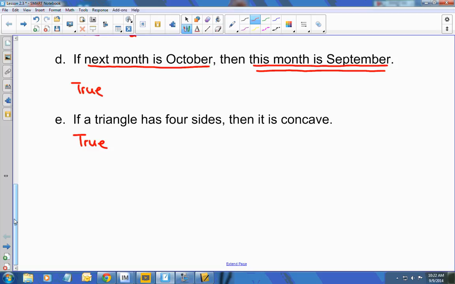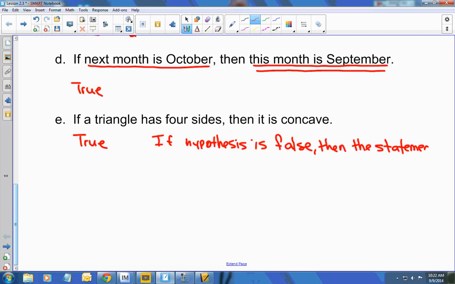Okay? So, if hypothesis is false, then statement is true. So, if I said, if I'm a millionaire, then I can donate all my money to the school. Is that true? True, right? Am I a millionaire? No, but if I was, I could donate all my money to the school, right? Okay, so, if your hypothesis is false,